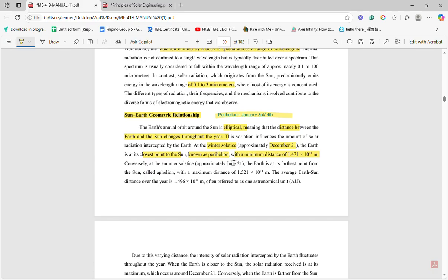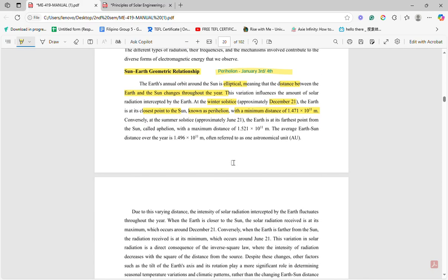So, if you could imagine, if we are talking about the distance from the Earth, why is perihelion not causing summer, di ba? Why is it like that? When we say perihelion, it's closest to the Sun. So it should be causing summer, but hindi po. It's not causing summer because